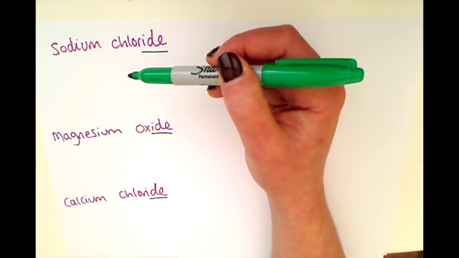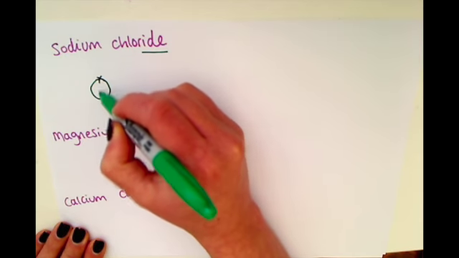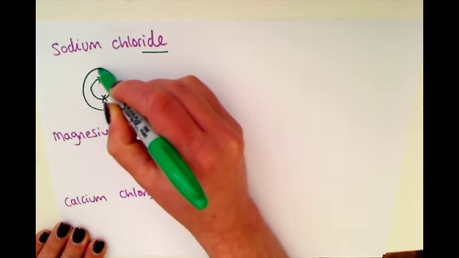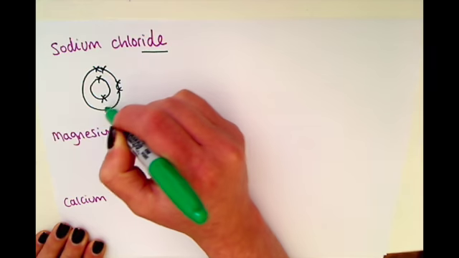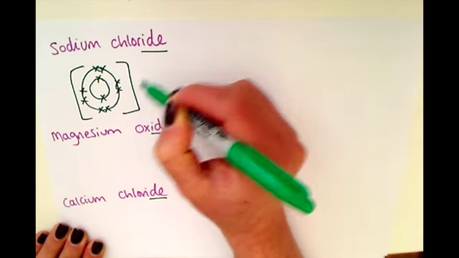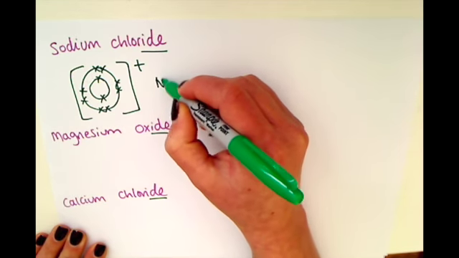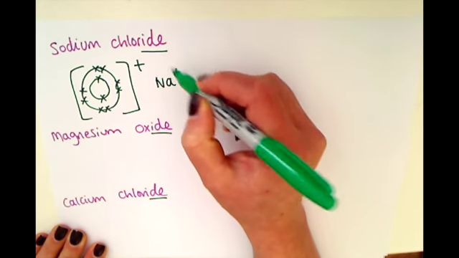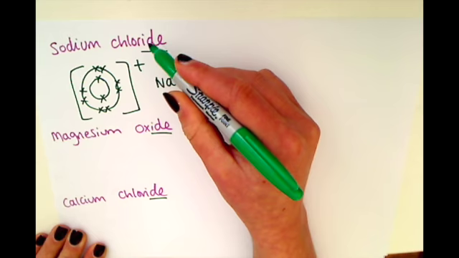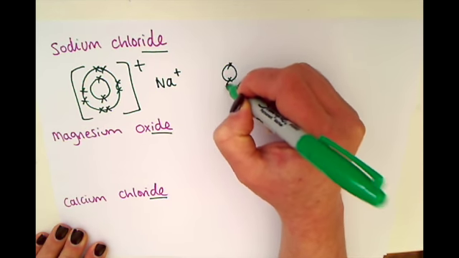So if we take sodium, for example, the sodium ion has 2 in one shell, 8 electrons in the last shell, remembering our brackets, and that would be plus, or simply in shorthand that would be Na+. If we take chlorine as an ion, that would be a chloride ion,